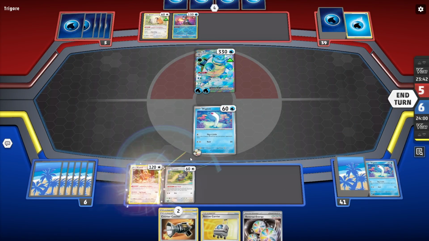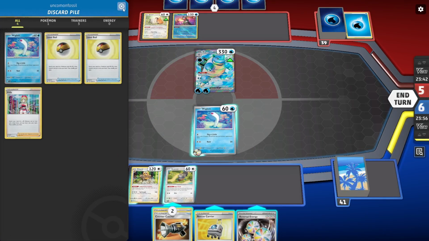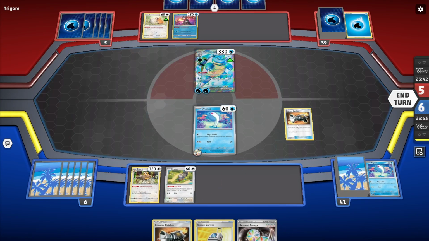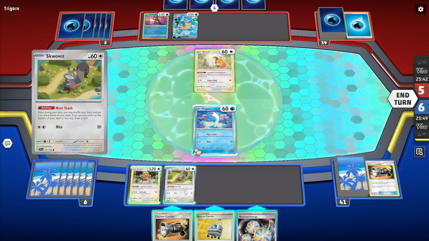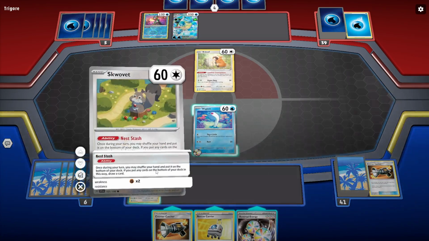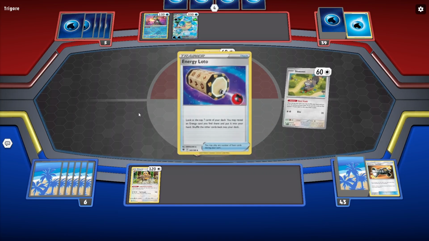So Counter Catcher, super good. I don't think I want a Rescue Carrier for 1. I could, but I think that's playing a little too scared for me, right? I need things to go my way. So now I Skwovet, because otherwise I have a barrel for 2. And I think Skwovet and then the barrel is the better play. I could have used Rescue Carrier and then attached,